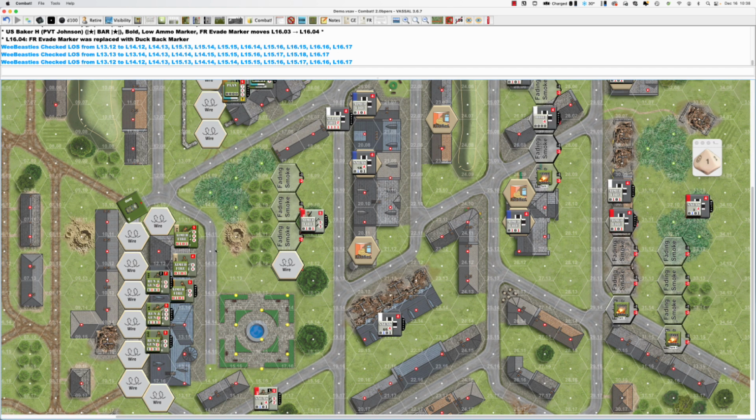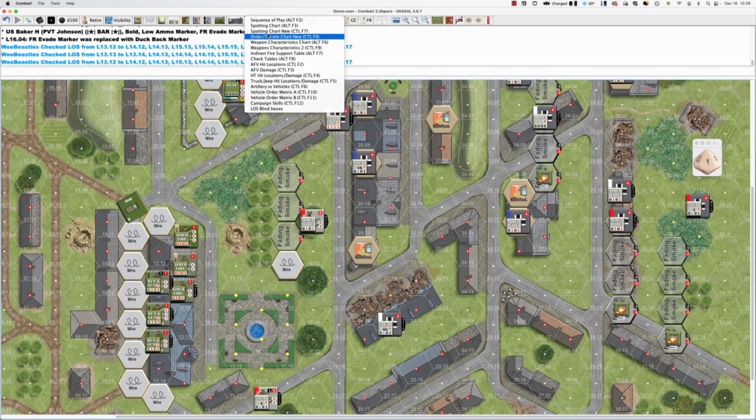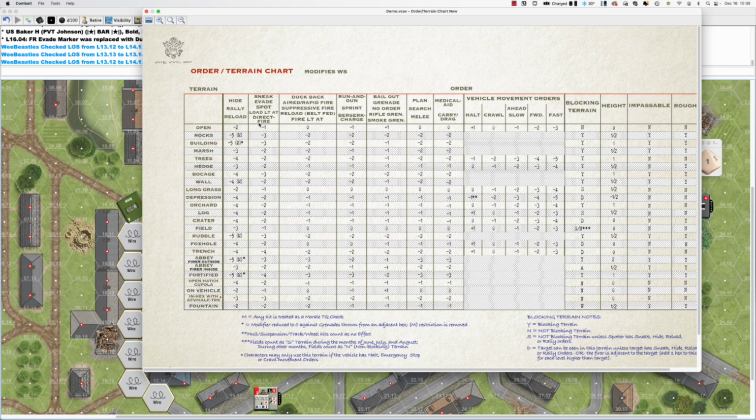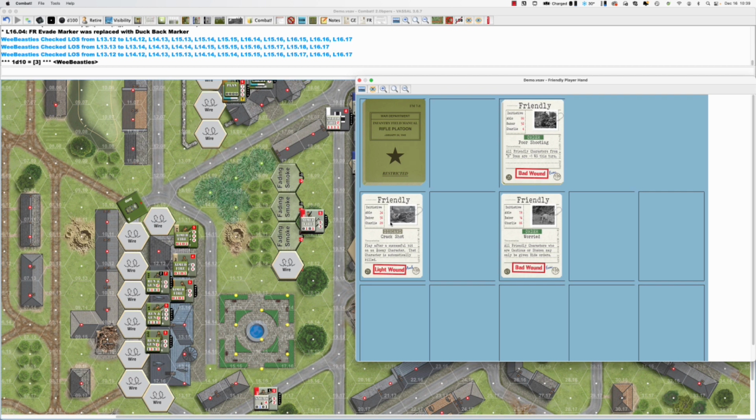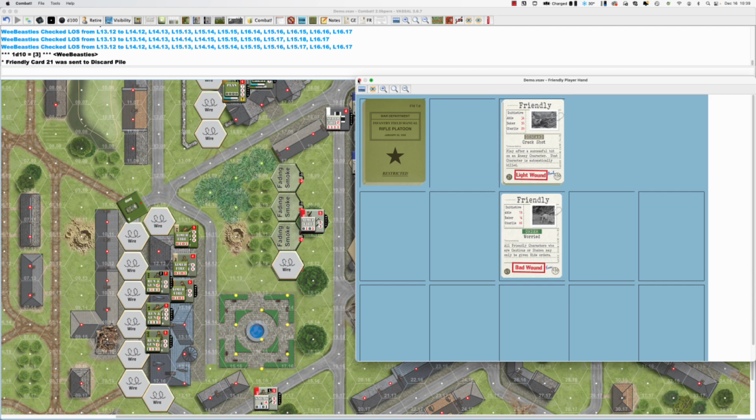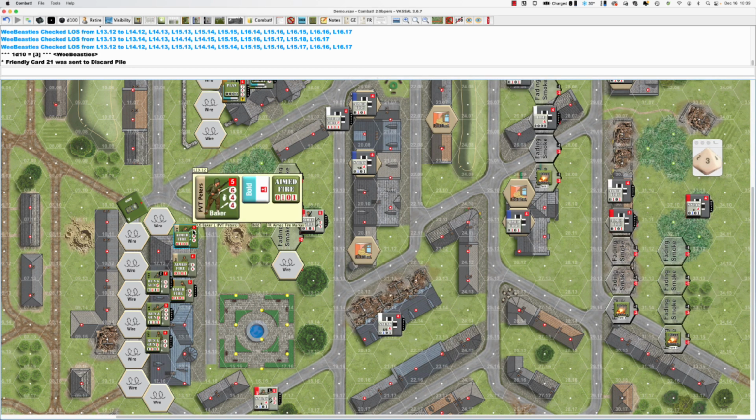Alright, do the calculation correctly. Do the top guy first. Aim fire is 6. 0 for distance, sneaking in the open. I think that's a 0. Nope, -1. 5. Hits, and option hand. I'm going to discard this card to take the automatic kill. This guy,